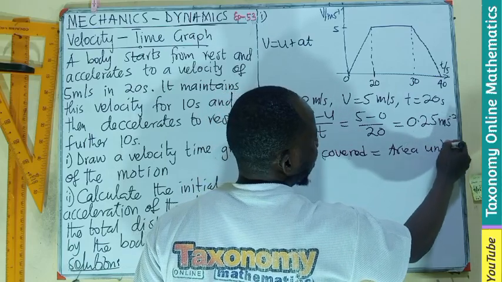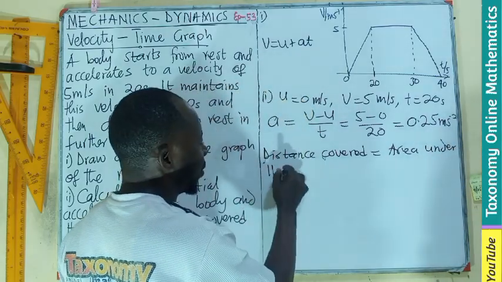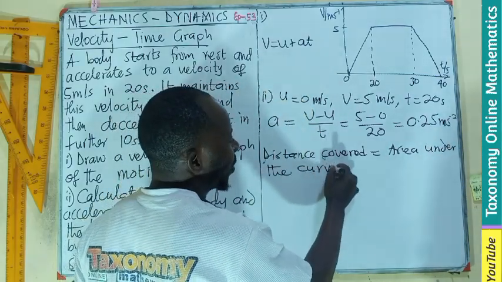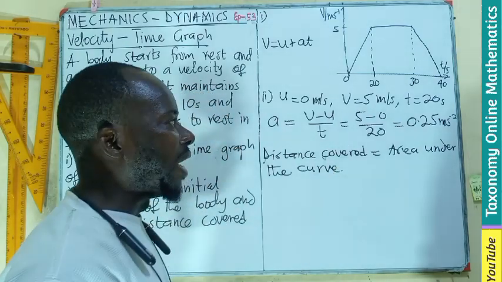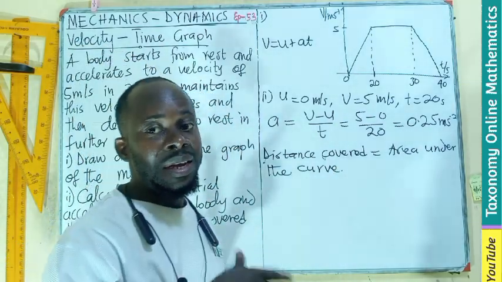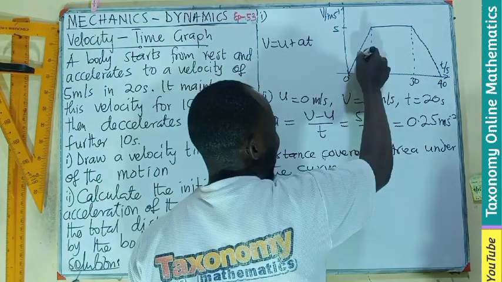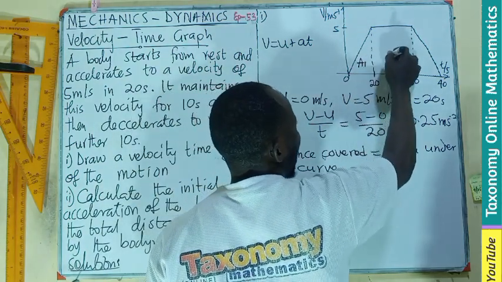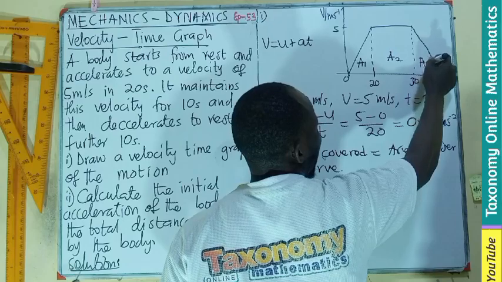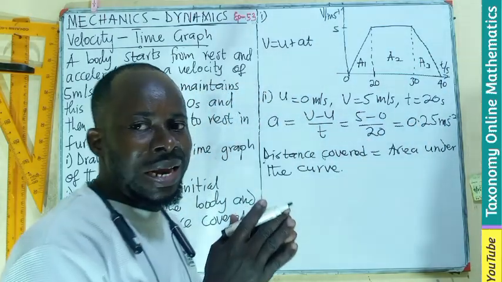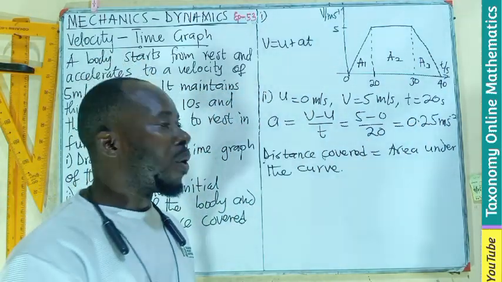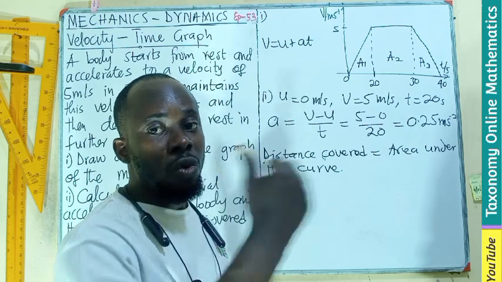Area under the curve, or better still, under the graph. And how do you find the area under the graph? You can see in the previous episode we dealt with two approaches: taking the area one by one, area 1, then area 2, then area 3, and adding it all together to give us the final answer, or we deal with the trapezium rule